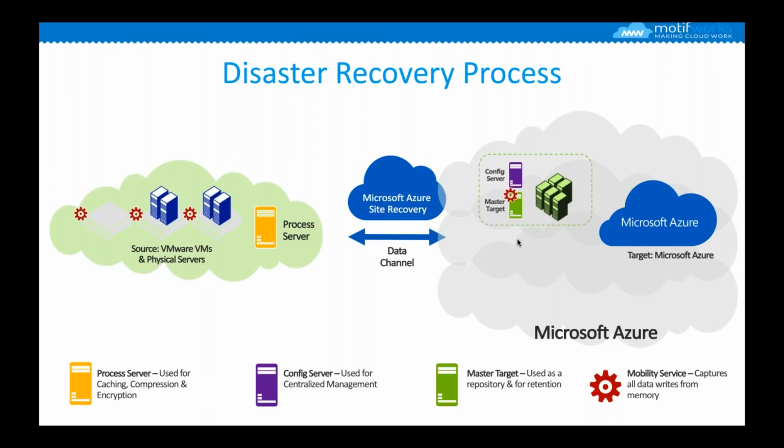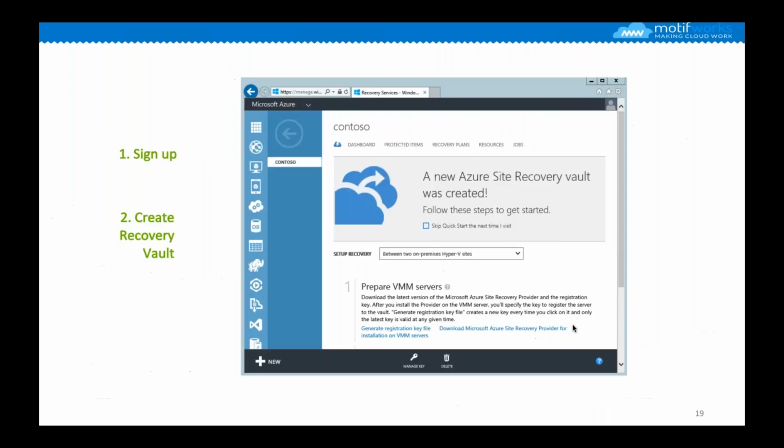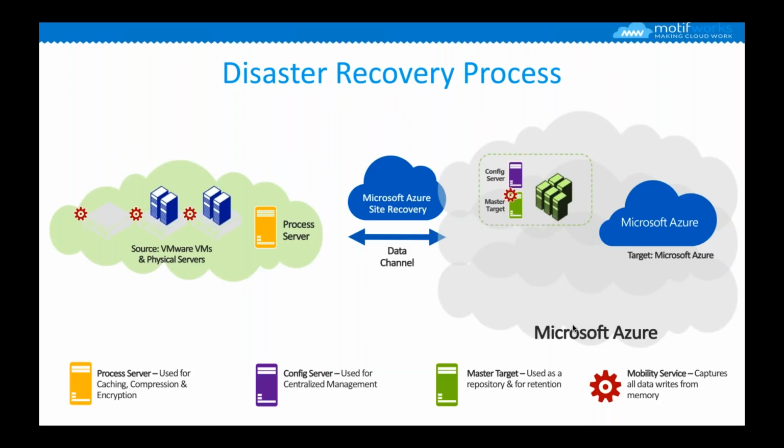One of the other things that, based upon our experience implementing disaster recovery using Azure Site Recovery, ASR, is that if you have a heavy workload, then you would need another dedicated process server in the cloud, and also an additional master target on-premise. So what is the master target? The master target is something you use in case of a failback.